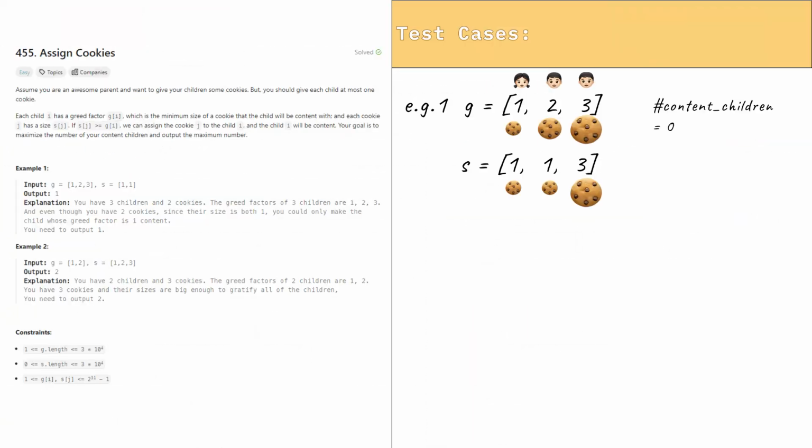Let's first read the problem statement and understand its requirements by analyzing some test cases. We have two arrays. G stands for greedy factors of children, and S the sizes of cookies. We need to maximize the number of content children by assigning each child at most one cookie based on their greedy factor. A child is content if they receive a cookie of size at least equal to their greedy factor. Also, the problem statement includes that the children greedy factor list won't be empty and both list lengths are within